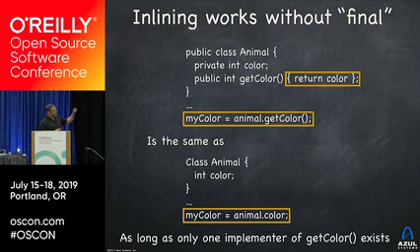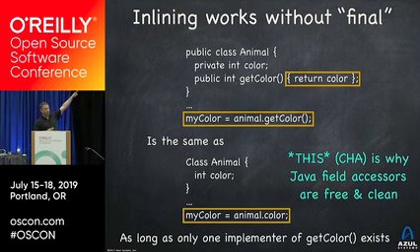And this one optimization is responsible for the fact that you hopefully do not expose your fields and you put getters and setters on them, and that you hopefully don't make them final unless you really want them to be non-extensible. This way you get both object orientation and encapsulation and extensibility at the same time, and this is exactly the same speed as a final method. There is no difference in code speed between the two. It's been this way for 20 years, but you will still find recommendations to put finals on methods because maybe it'll make them faster.